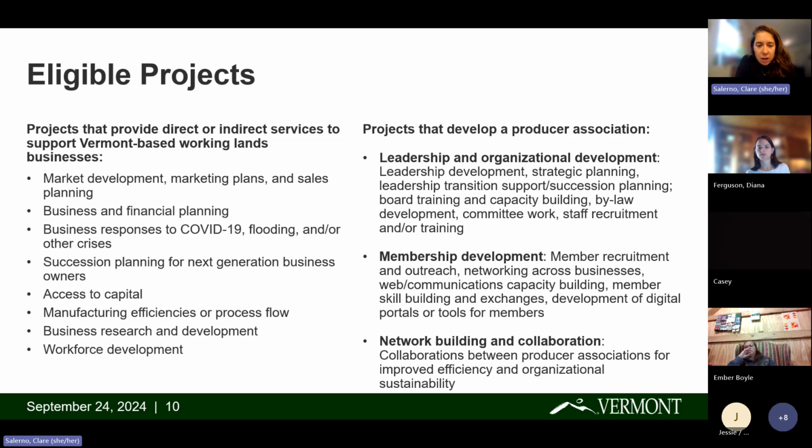Membership development, so funds for member recruitment and outreach, networking among members, member skill building, and exchanges or development of digital tools for members. Those are pretty common projects that we've seen through this grant before. And then also, if you're looking to collaborate with other producer associations, that is also eligible.